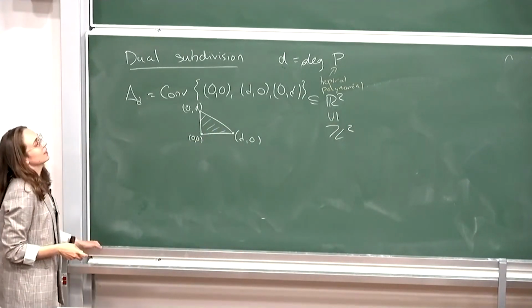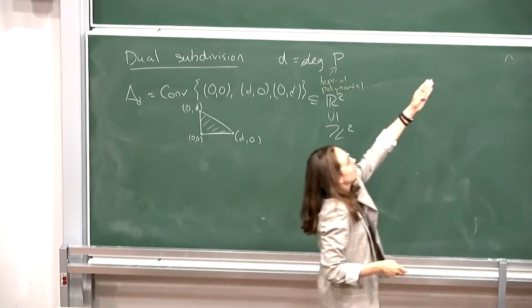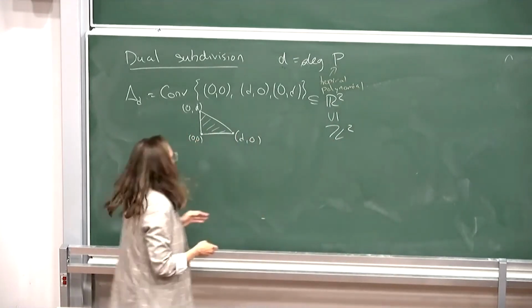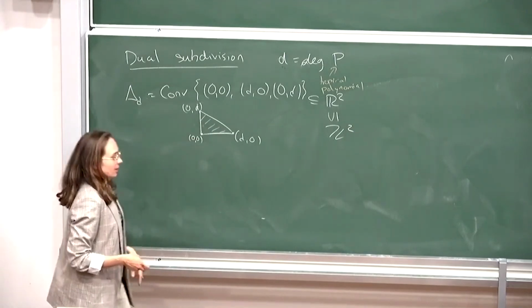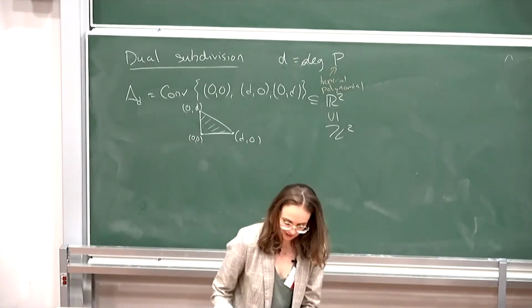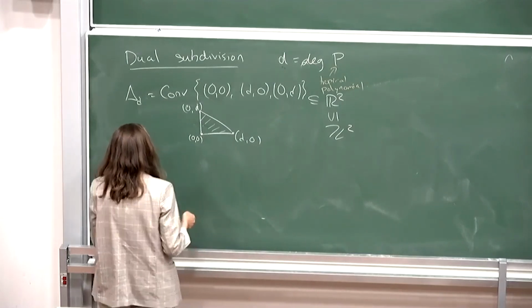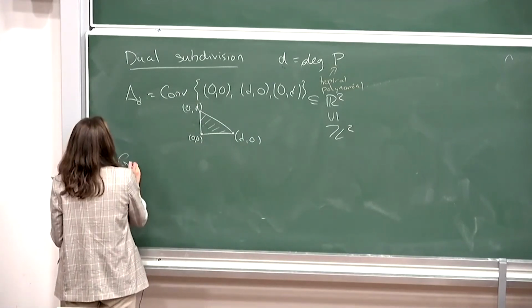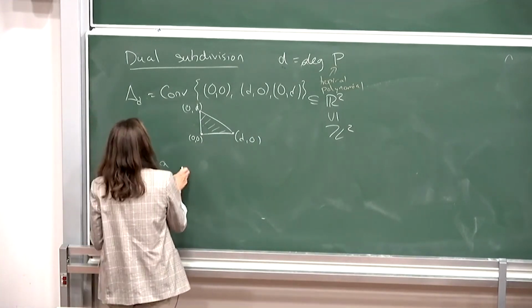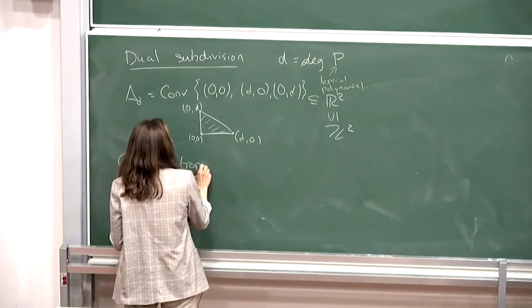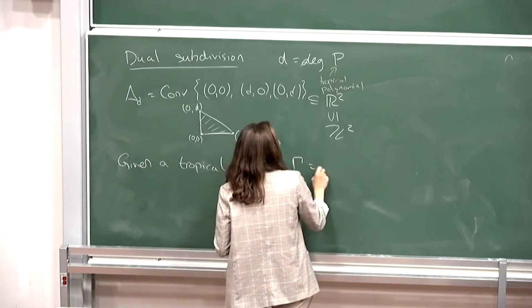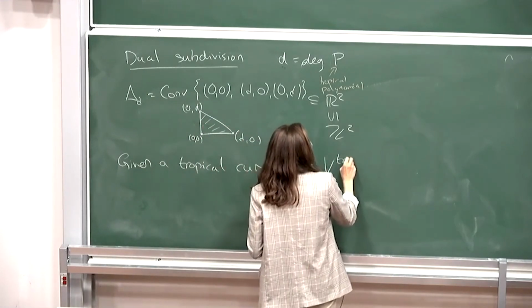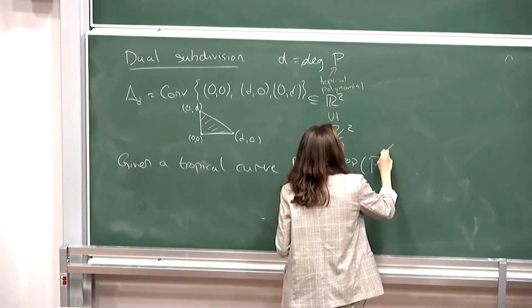And I claim that the combinatorics of a tropical curve are completely determined by a lattice subdivision of this polygon and vice versa in the following way. So given a tropical curve, let's call it gamma, and let's say it's defined by the tropical vanishing locus of P of degree d,